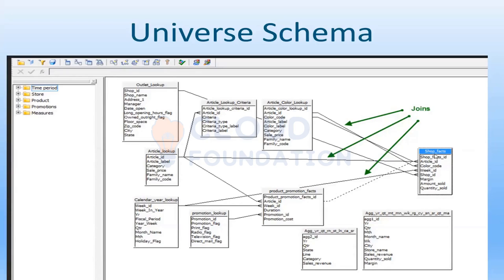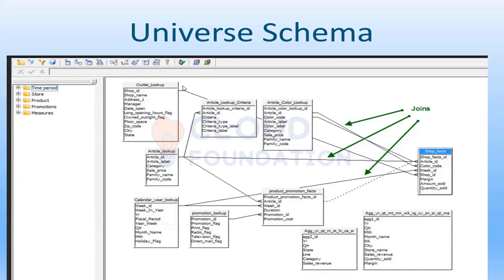Here, if you see, this is a shop fact. This is a fact table, promotion fact. This is also a promotion fact table. If you see here promotion cost, margin, amount sold, quantity sold. These are numbers. The fact table stores the numbers, whereas all other tables come under dimension tables.